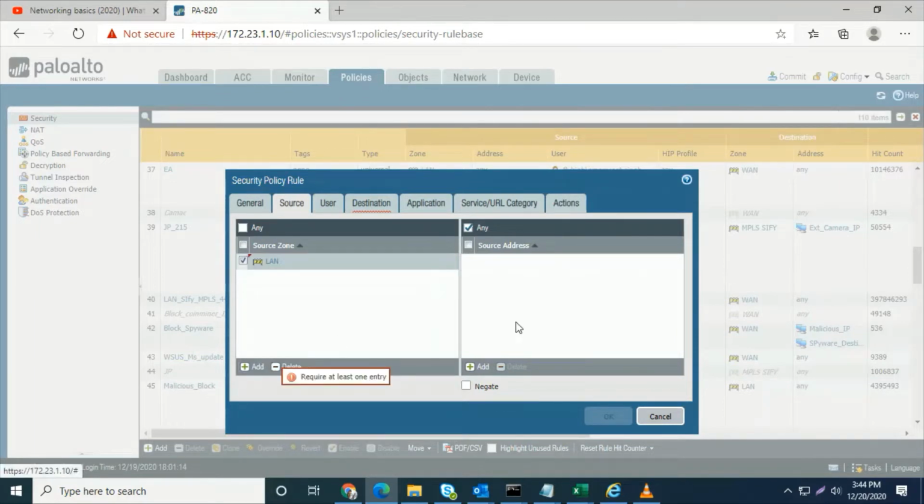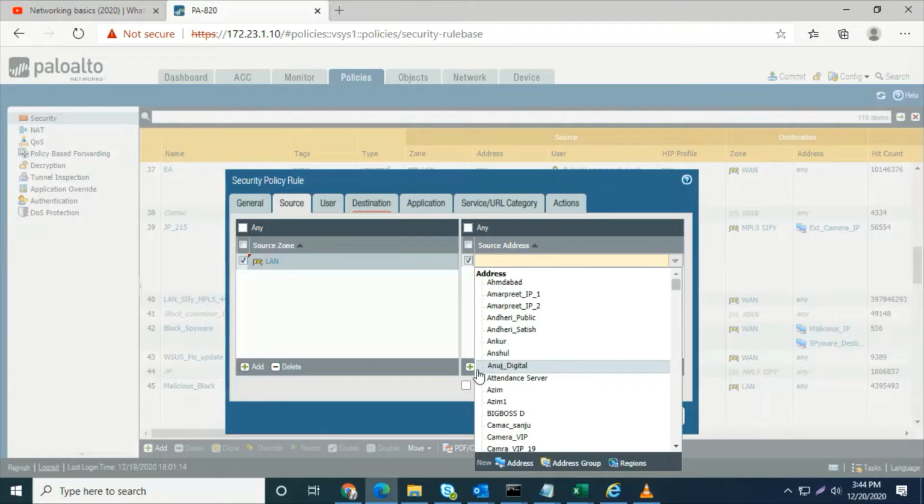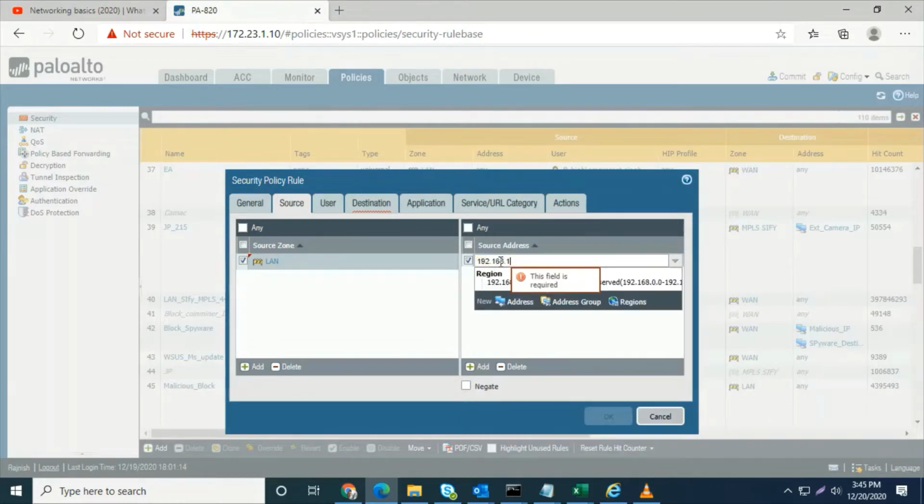If we need a specific source IP address, we give the IP address, and if we have an object for this IP, we select that object. Or we directly configure the IP, like 192.168.11.2, a specific IP address.